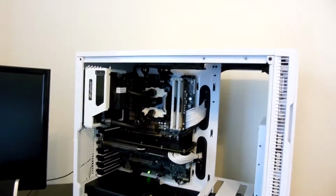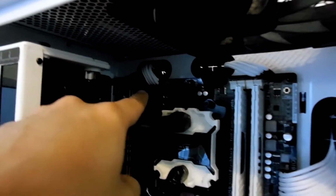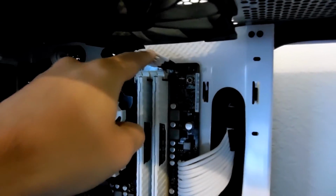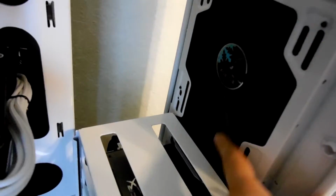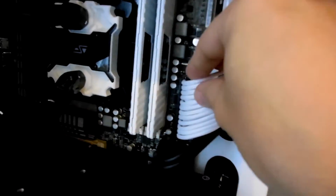Just wanted to give you guys a quick glossing over to recap what it is we did here. We got the 8-pin EPS 12 volt cable routed. We have our 4-pin pulse width modulated fan cable installed and running our 3 case fans, this guy right here and these 2 up front. Then we also have our ATX